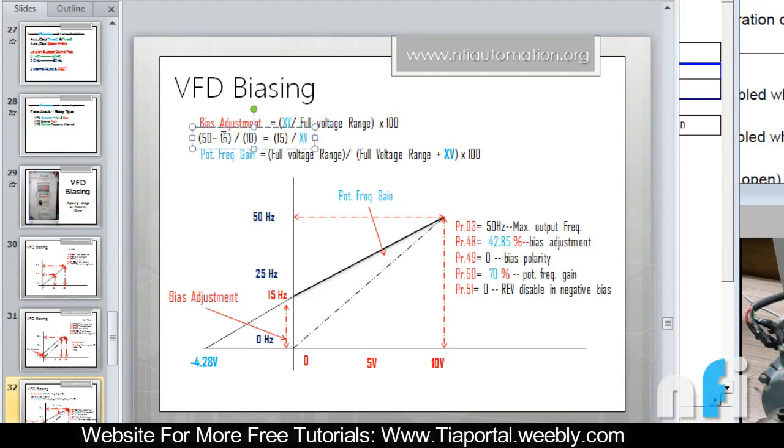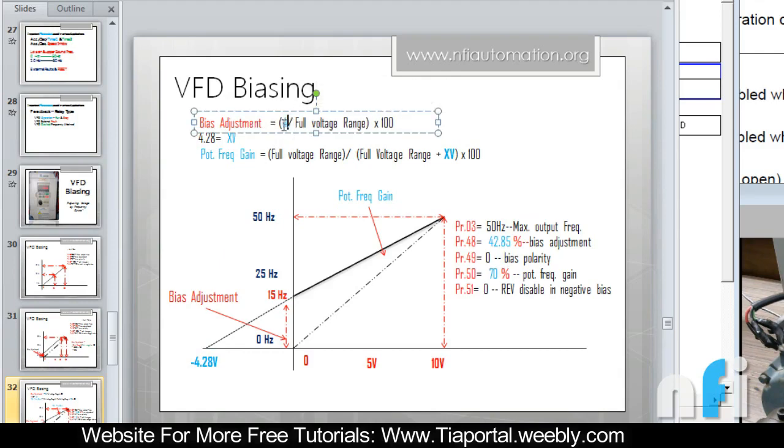So this is 50 minus 15, which is 35, divided by 10 is 3.5. 3.5 is equivalent to 15 by XV. So XV is 15 divided by 3.5, which comes out to be 4.28 approximately. Alright, so that's how you calculate XV. So this 4.28 is here. This is written in minus because this is in this quadrant. Now if you put 4.28 here,